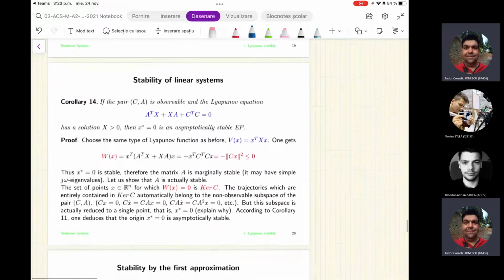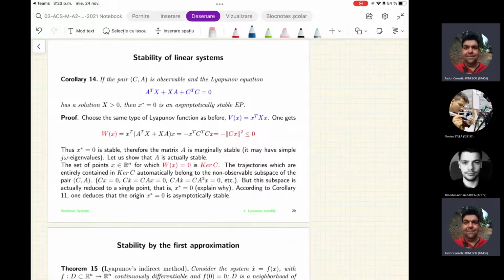Okay, now a corollary of this Lyapunov theory we have just seen is corollary 14. If you add to the LMI the observability property of the system, so if you can observe the system, then the system can be proved to be asymptotically stable. Essentially, if the pair (C, A) is observable,